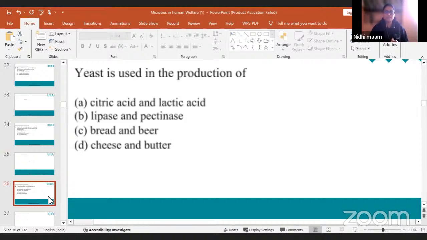Yeast is used in the production of citric acid and lactic acid, lipase and pectinase, bread and beer, cheese and butter. The quick response is given by,